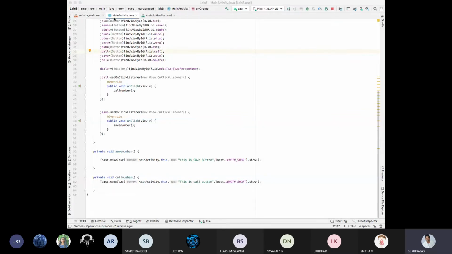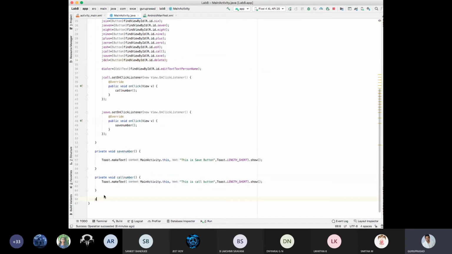Now in MainActivity.java, you need to mention like this, public.